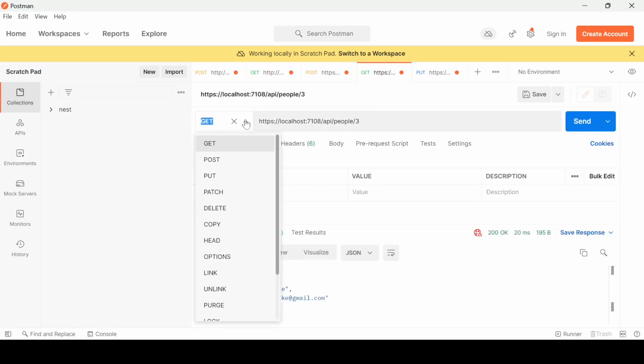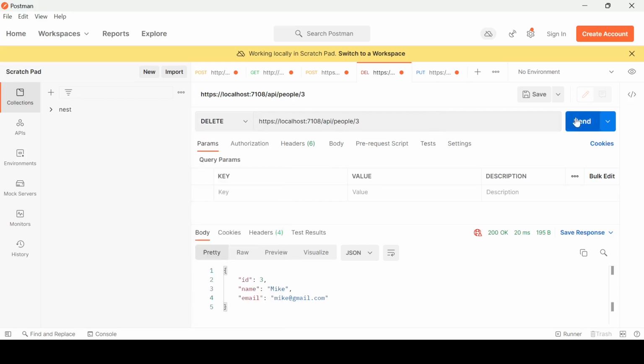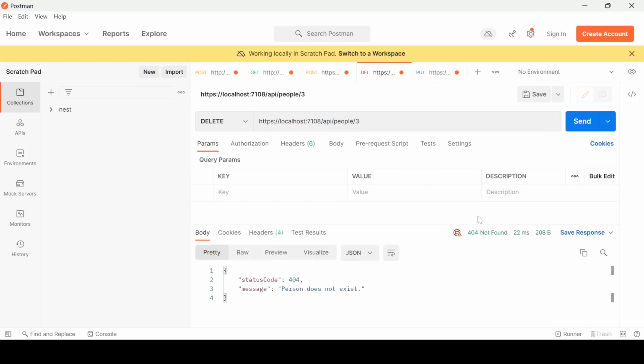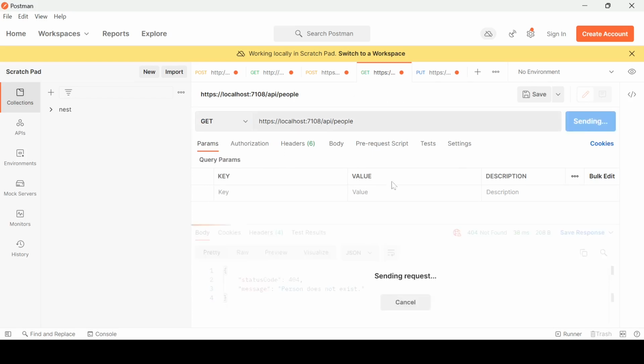So one last thing has remained. We need to check this delete endpoint. So first let's check the 5th endpoint, and you can see we have a 404 not found error here. So let's delete the third record, and you can see that here we have 204 no content. It means we have successfully deleted our data. Now if I run it again, you will see that we do not have this resource anymore. So let's go here to the get endpoint, and you can see that the record with id 3 does not exist anymore,